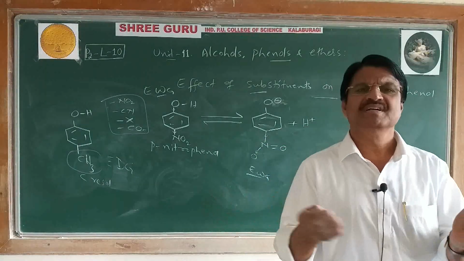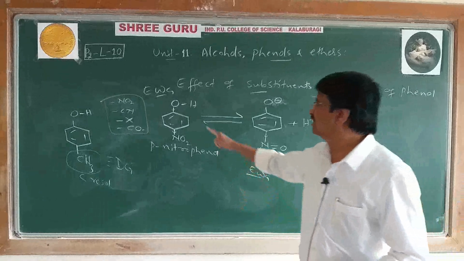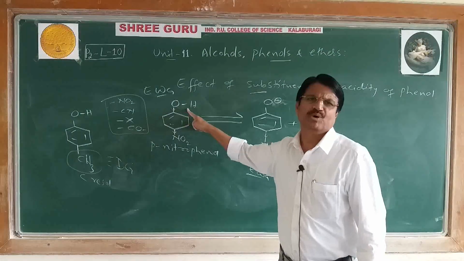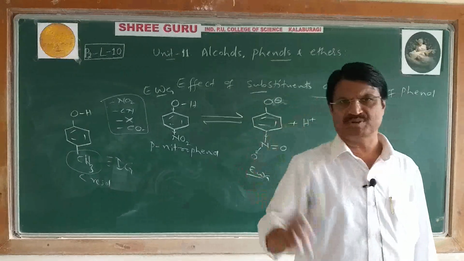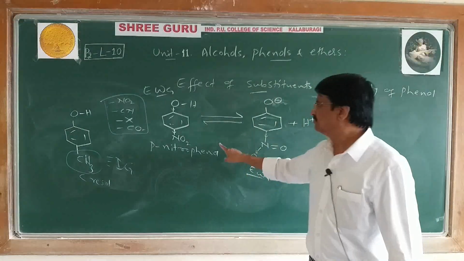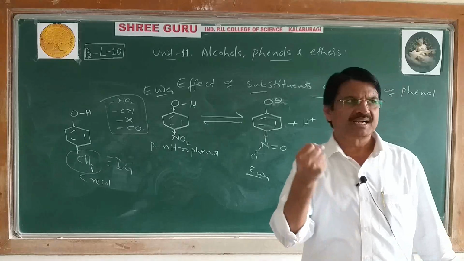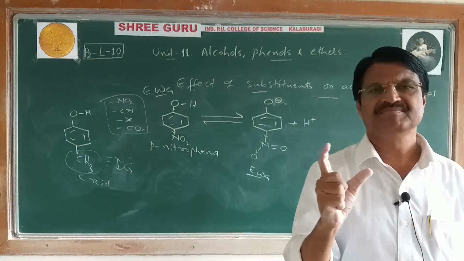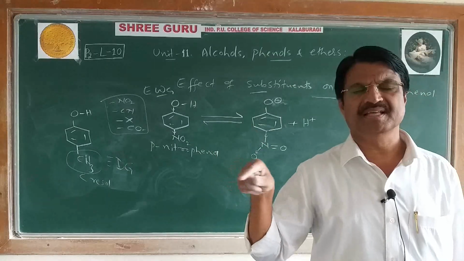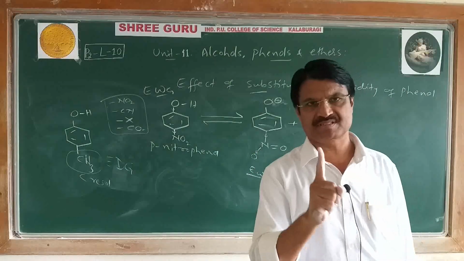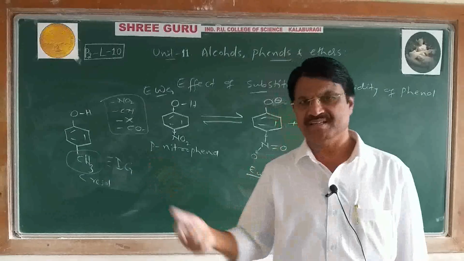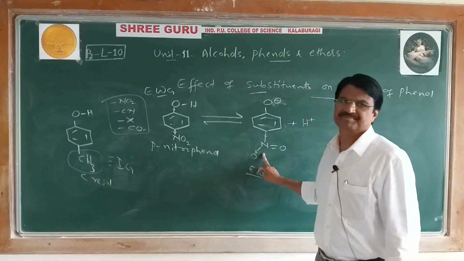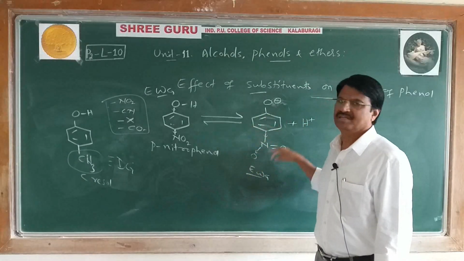Because the nitro group is an electron withdrawing group and it decreases the electron density on oxygen, so the OH bond is more polar. The OH bond is more polar in case of what? Nitrophenols. But the first statement: electron withdrawing groups like the nitro group on the benzene ring of phenol increase the acidity. This you have to write first. They increase acidity. Second point, the reason why: the nitro group on the benzene ring causes more resonance,